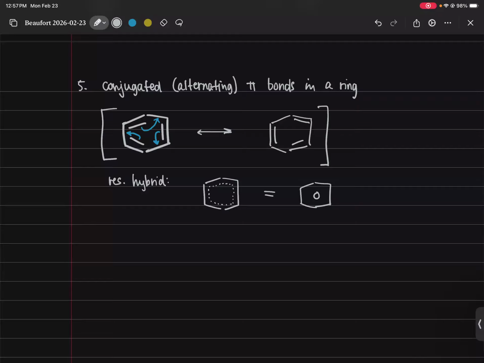Okay, so those are our 5 patterns. That really covers all of the different resonance structures that you're likely to see. But of course, they can be combined with each other or have multiple of the same pattern over and over again. So you should be ready to recognize those when they come up. Because at least the arrows that you draw are really always going to be the same as I've shown in these couple of examples. So the last thing we need to do